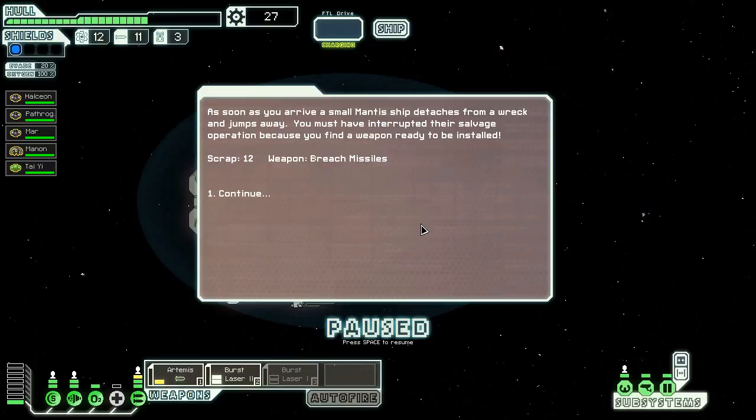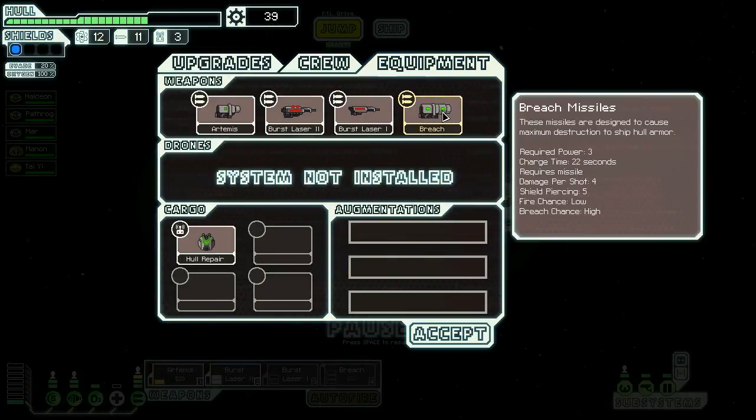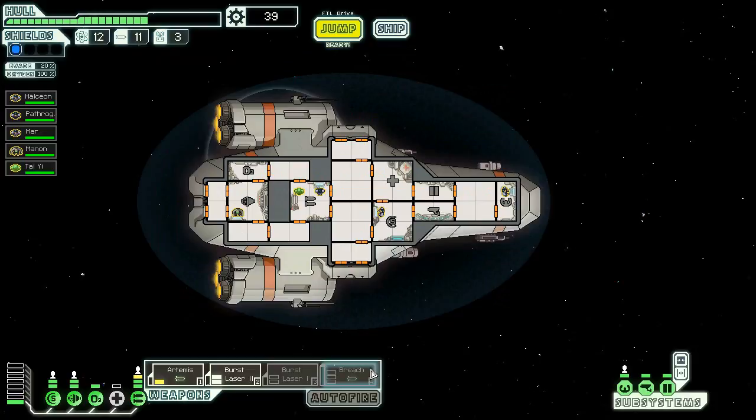Small multi-ship detacher from break and jumps away. Oh, we got missiles. Interesting. What are these? Require a lot of power. Pierce all shields. Double the recharge time. Do 4 damage. Very interesting. I think we may change from our Artemis missiles to these breach missiles in the later stages of the game. Right now we can't afford it, because